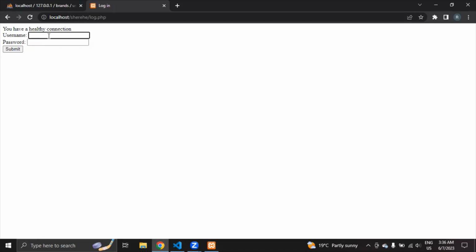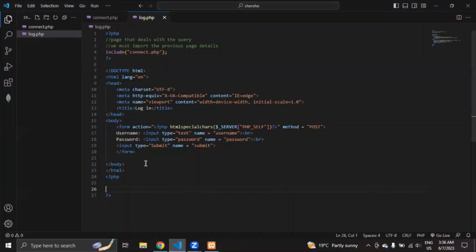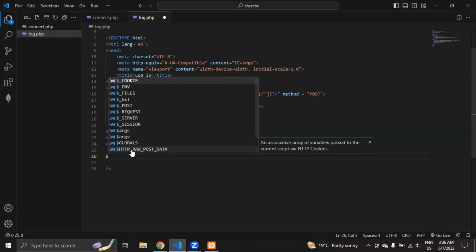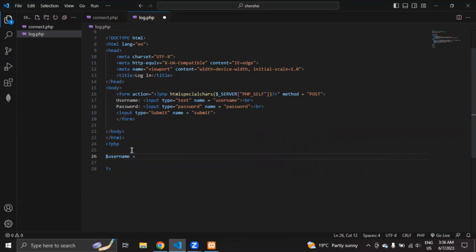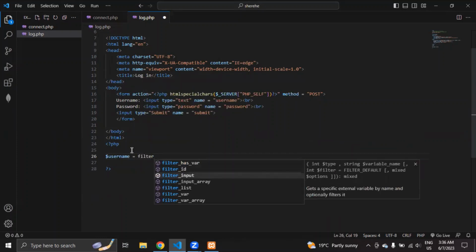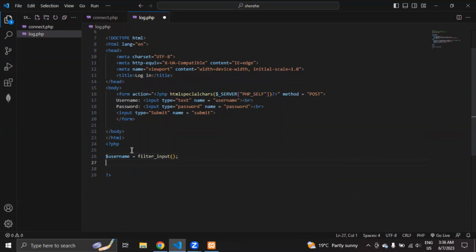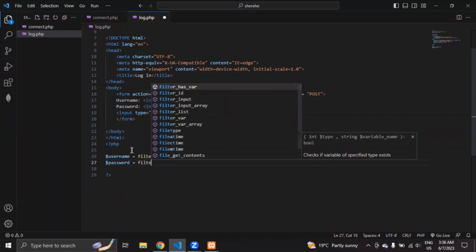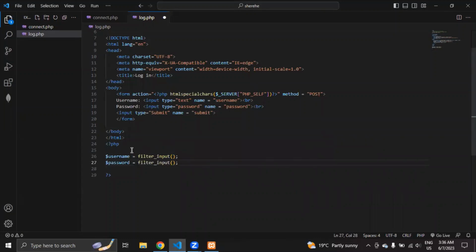Now here we're supposed to be able to put this username and password and take them to the server. How are we going to do this, you may ask? Now that we have the name of the username, we can create variables, simple variables. We're going to filter them, you can create them. So here within the filter inputs, we're supposed to